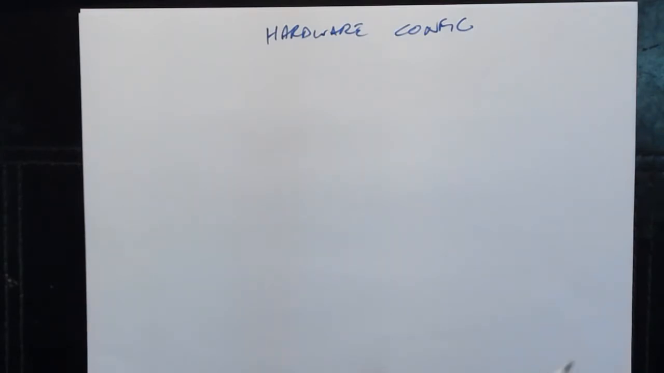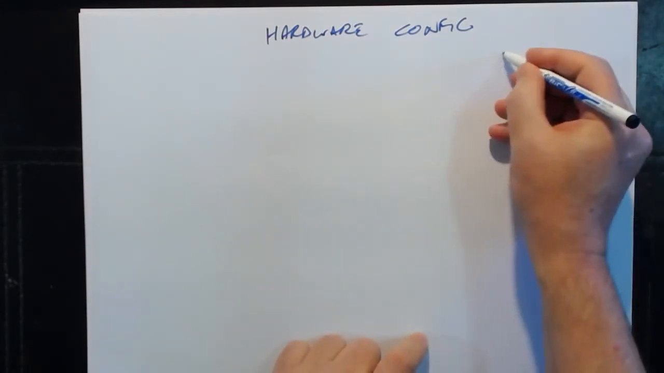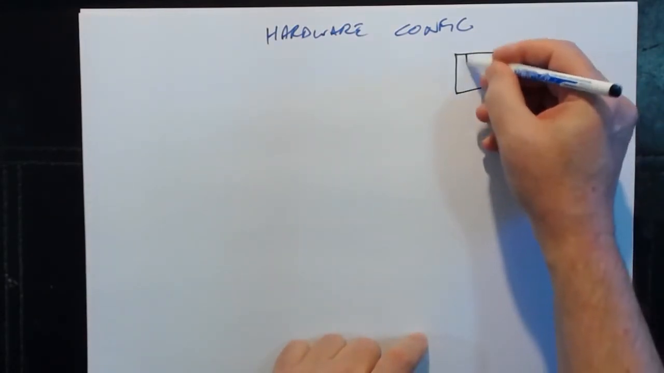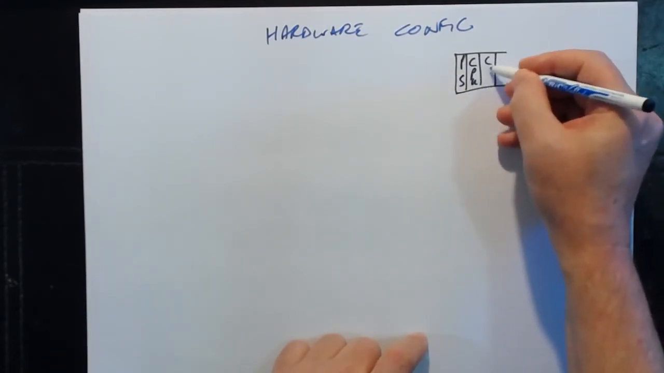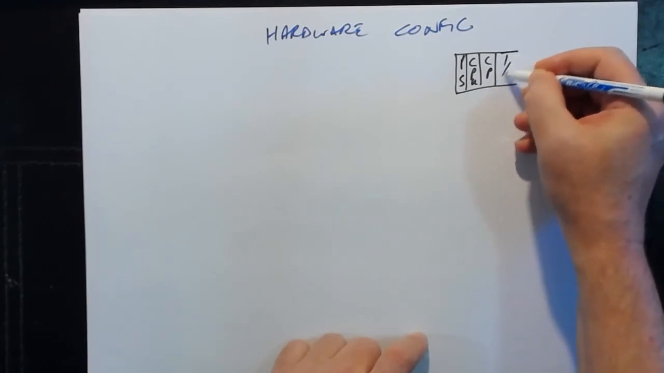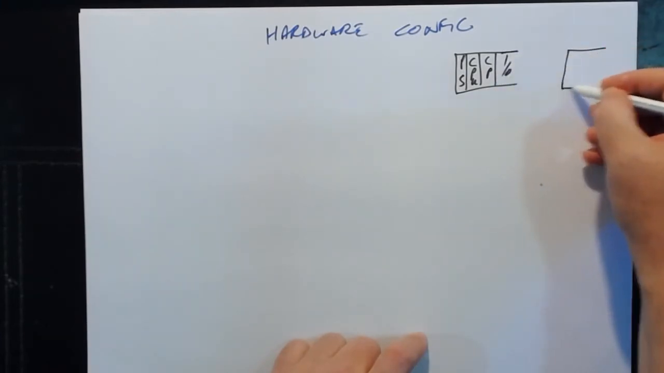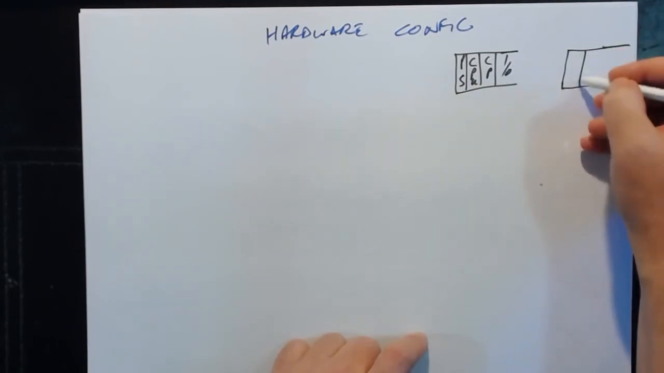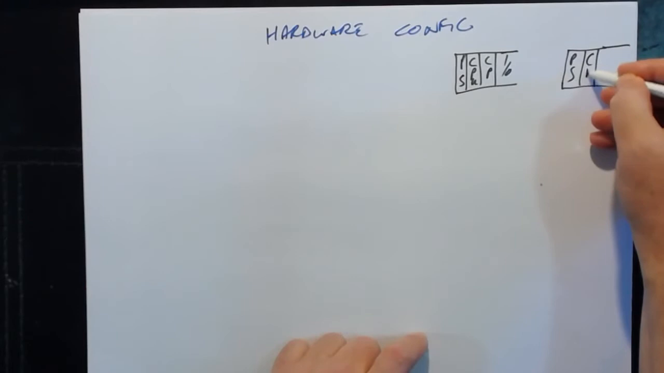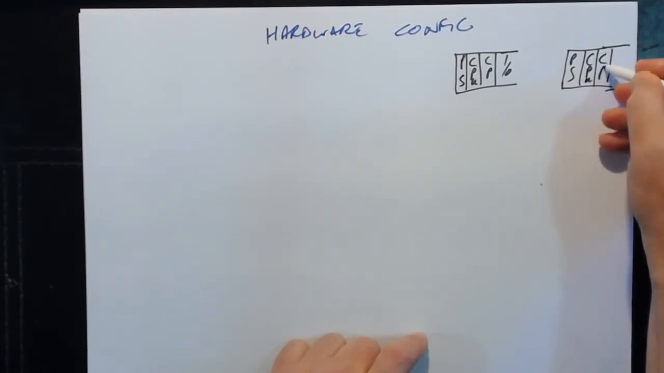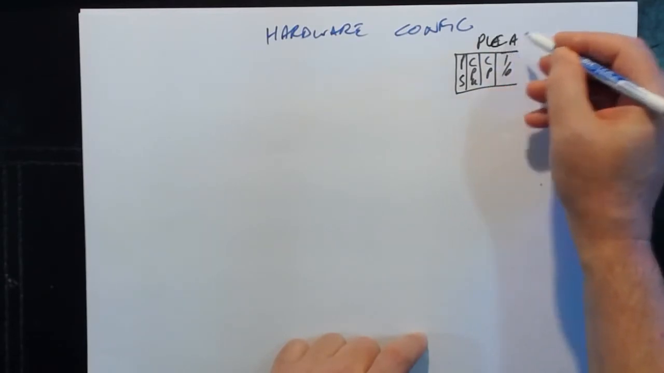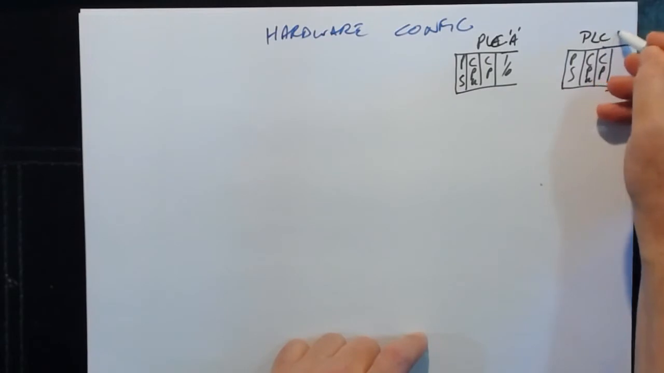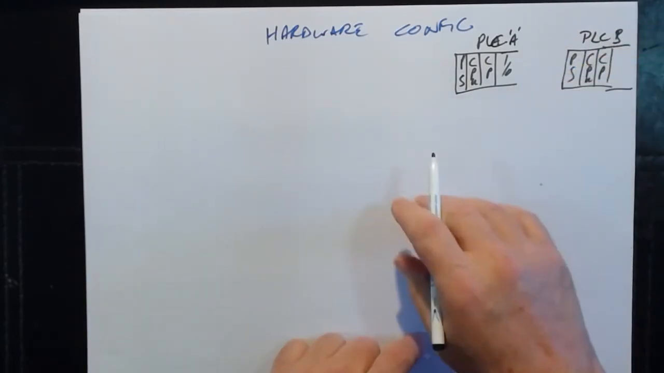if we just quickly draw a sketch of what we've decided on for the hardware before, we've got a rack with a power supply, a CPU, and perhaps a communication processor, and perhaps some I/O, and another PLC, identical, also with a power supply, a CPU, and perhaps a communication processor. This is PLC-A, this is PLC-B, and